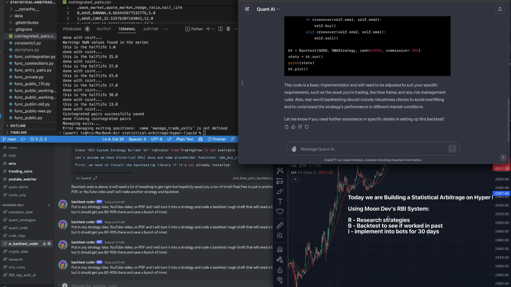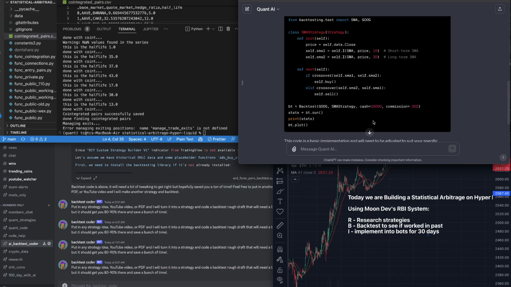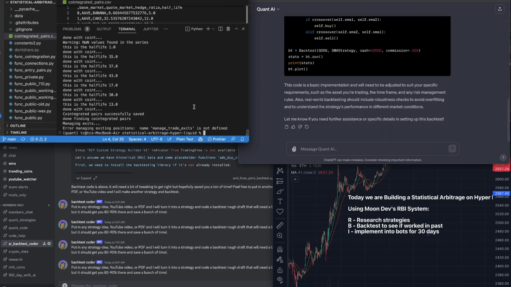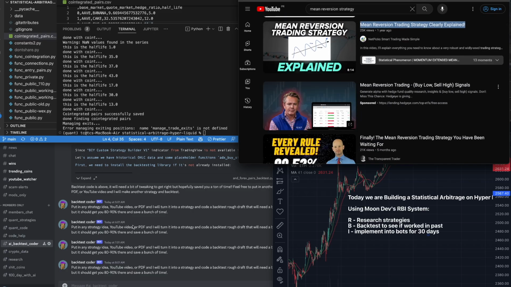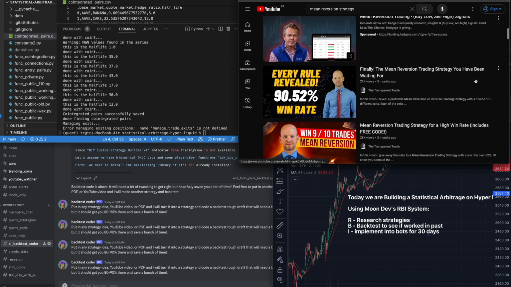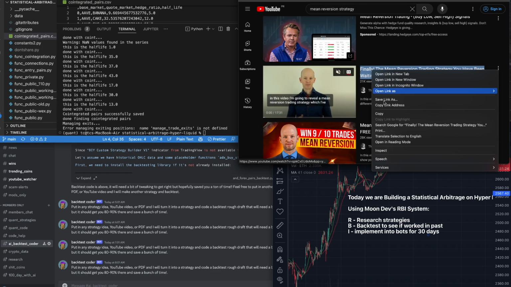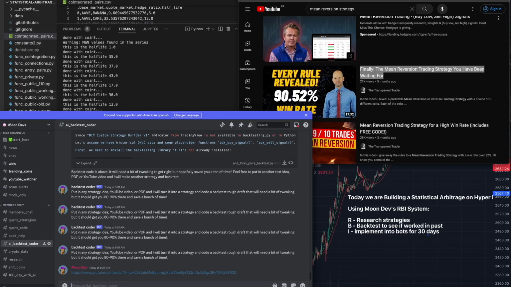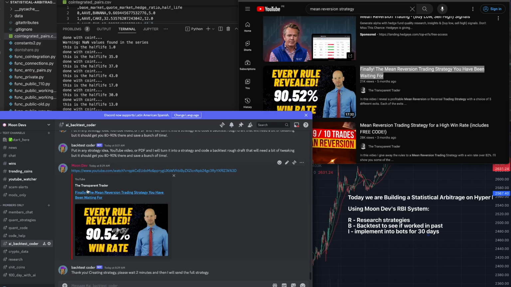So now that you know the process, research, backtest, implement, let's go ahead and use Quant AI here to build this out. So we've been working on this strategy here. And before that, I want to make sure to get a few more. I have this AI here that does this RBI process for me, which is research, backtest, and implement. It helps me with the strategy of researching, backtesting, because essentially it will watch any YouTube video. So I just put the YouTube video in there. It goes ahead and it watches the video, understands what